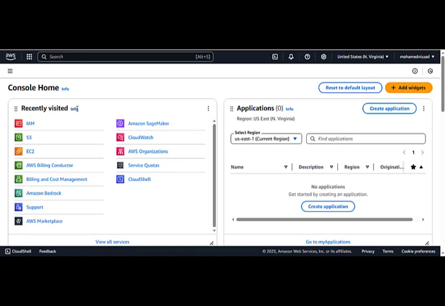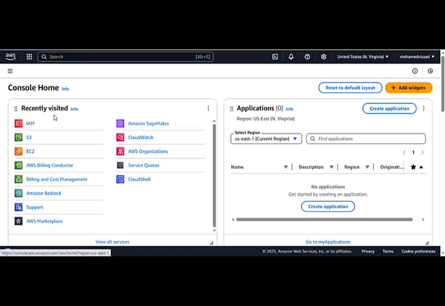In this part of the tutorial, I'm going to show you how to create an IAM user with the required permission to programmatically access AWS services via Pulumi infrastructure as code. So now what we have to do is go to the IAM service, or you can